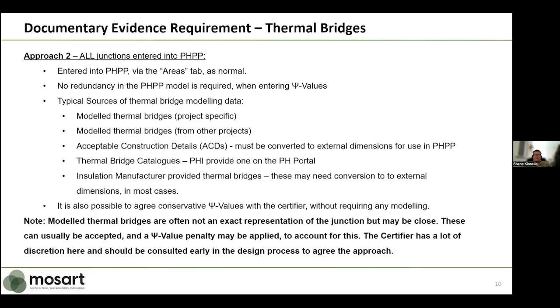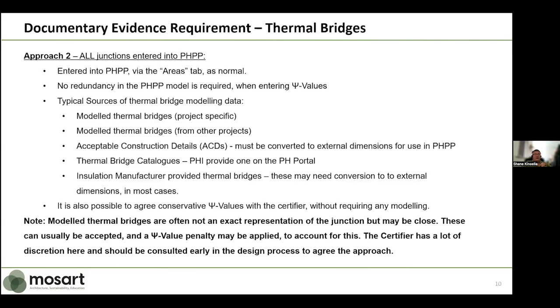So that's, I suppose, a suitable option where you have maybe a little bit more complicated of a design, or you have a specific junction that's relatively short. You may decide to put a conservative value beside that. Again, there's a bit of flexibility there with certifiers, I suppose. There's discretion in that. And I often get asked this: does the junction have to be an exact replica of the junction as designed? And the straight answer is it doesn't. Ideally, it should be, but as long as the junction is close, it's typically acceptable for use